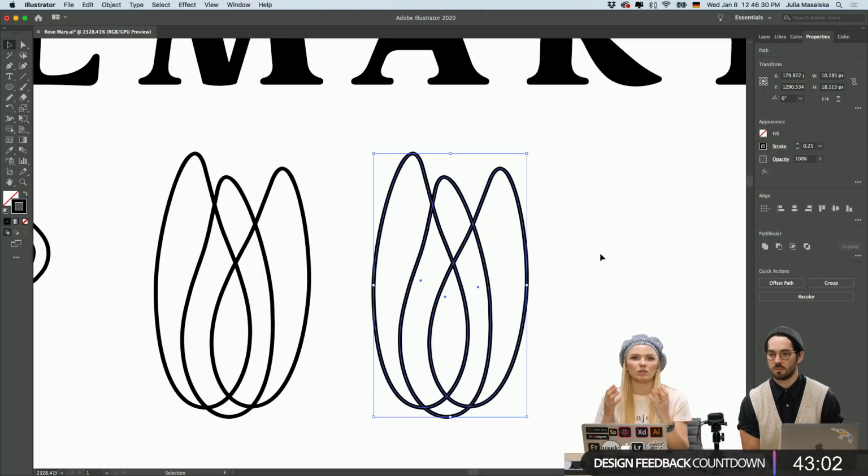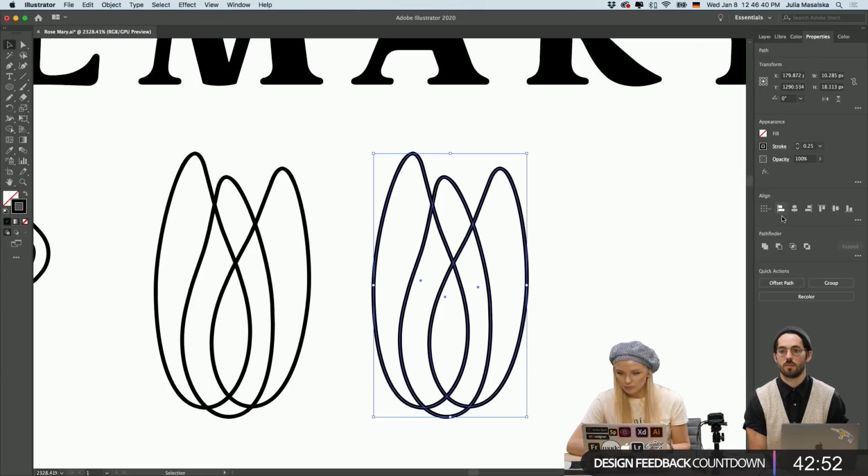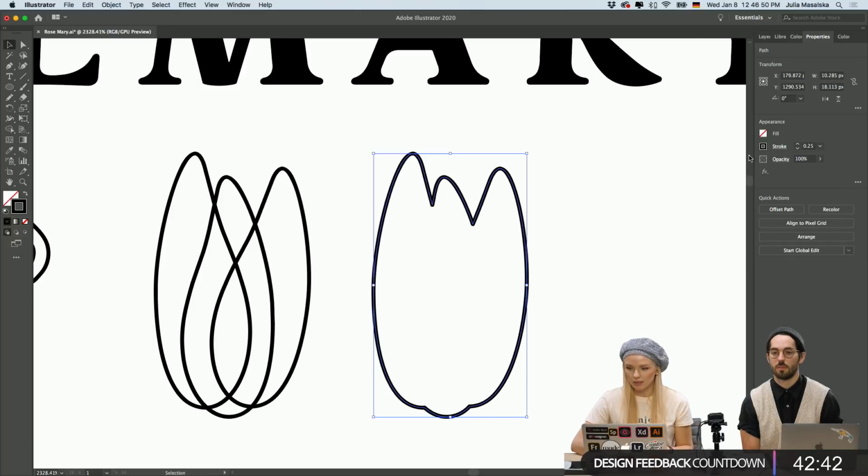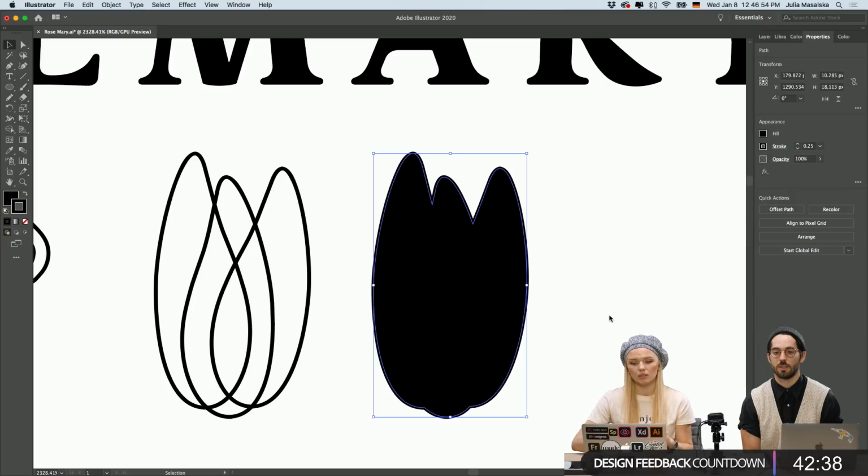And here you can see the things that you can do with shapes. So to combine the shapes, I go to Pathfinder, and it unites the different shapes together into one. And then we can fill it with a color, and it's just one shape. Awesome.